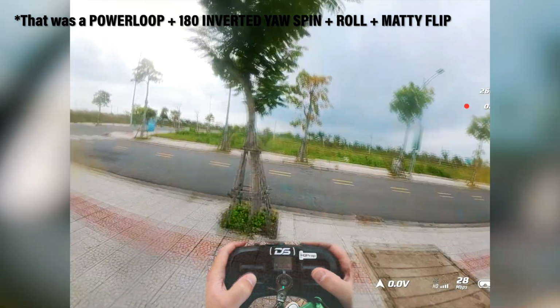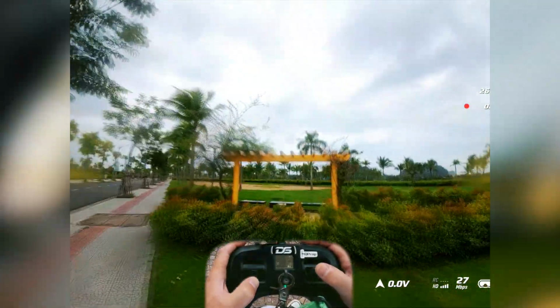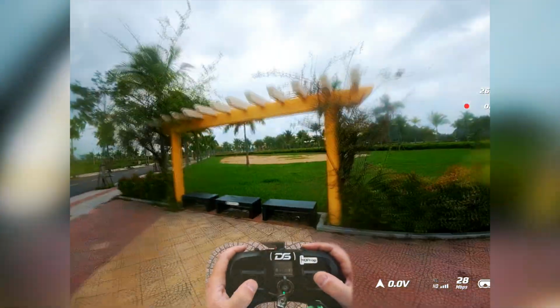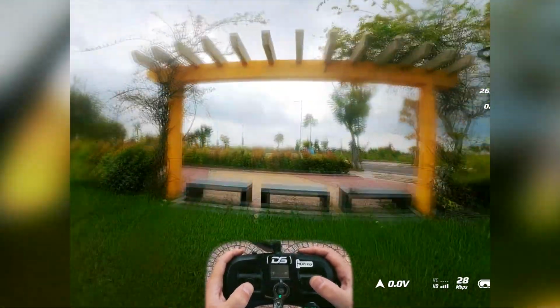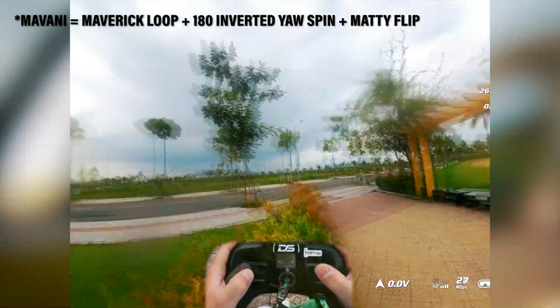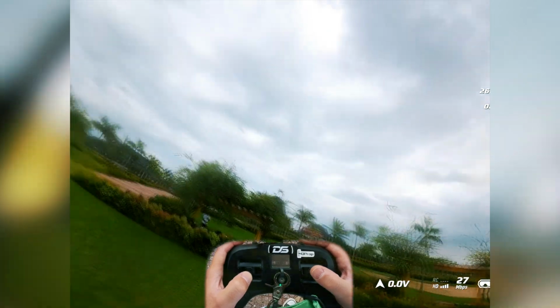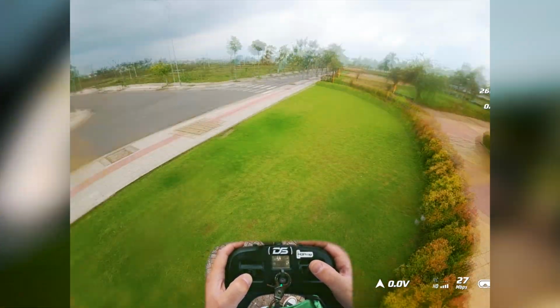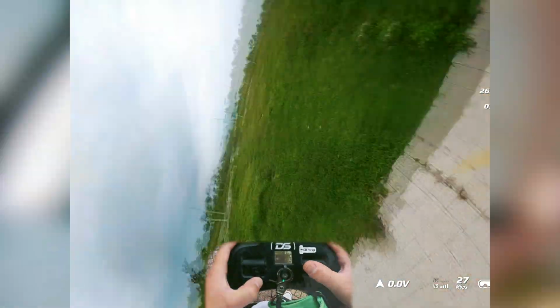Oh, damn, there you go, there's a combo you can try. There's also a popular new one that came out recently, which is a Maverick loop, like that, mixed with an inverted yaw spin, which is called the Mavani, like that. That's another one that you can try. You can get creative with it, but like I said, just throwing a Barani combo into your lines, honestly, is